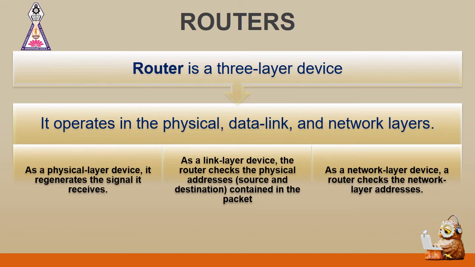When it comes to the connecting devices, they operate at only three layers, that is at the physical layer, data link layer, and finally at the network layer. So they have the capability of looking into the information contained in the packet and take the necessary actions accordingly, dependent on whether to forward the packet or whether to decapsulate the packet and give it to the next higher layer, that is the transport layer.